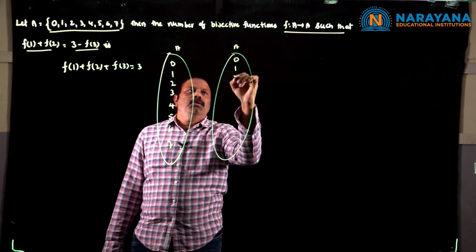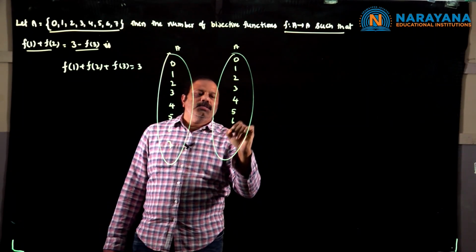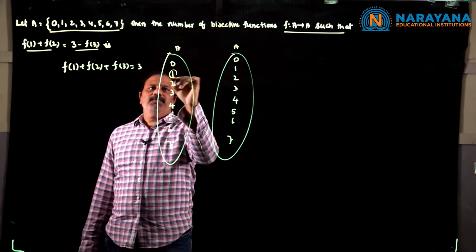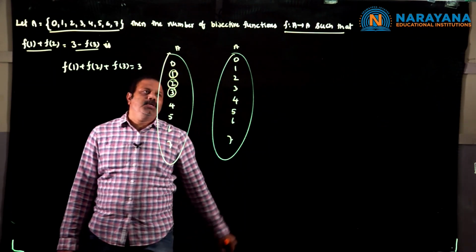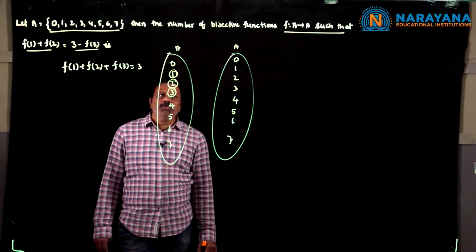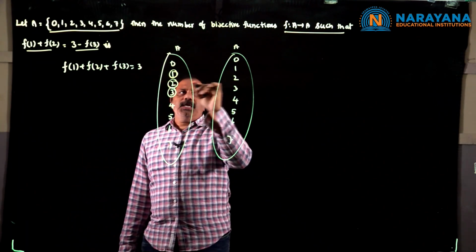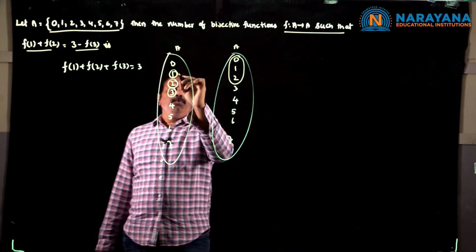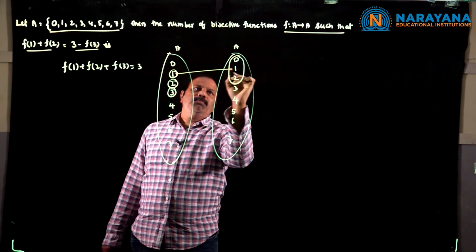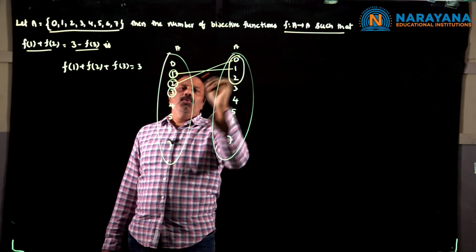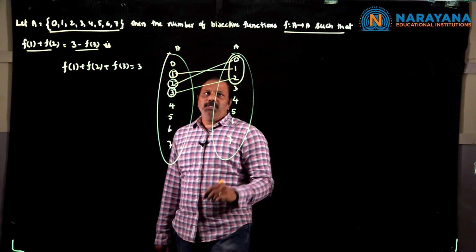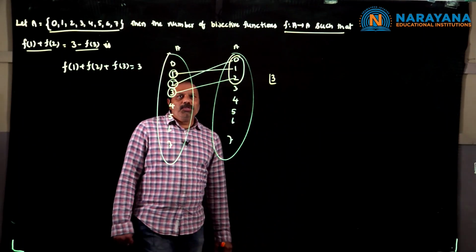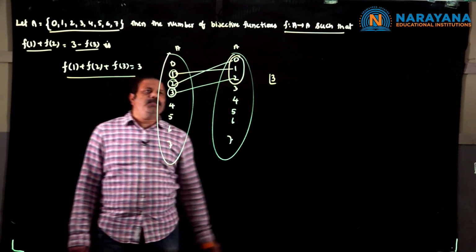A is {0, 1, 2, 3, 4, 5, 6, 7}. So if you look here, f(1) plus f(2) plus f(3), these three are crucial elements to us. The sum of the three images will be equal to 3, possible only when you select three images from 0, 1, 2. That means one can map to one of the three elements. So suppose one is mapped to 1, 2 can go to 0, and so on. The three elements, I mean their images, can be arranged in 3 factorial ways. So then only f(1) plus f(2) plus f(3) will become 3.